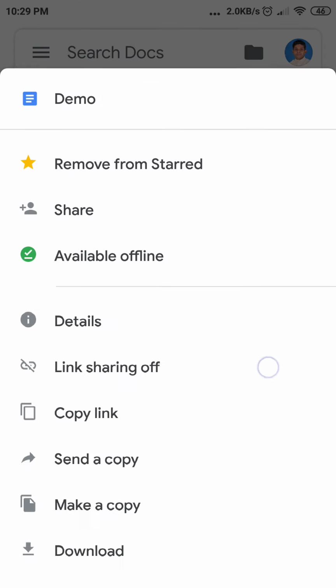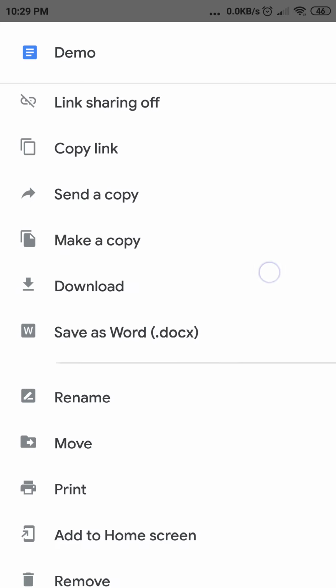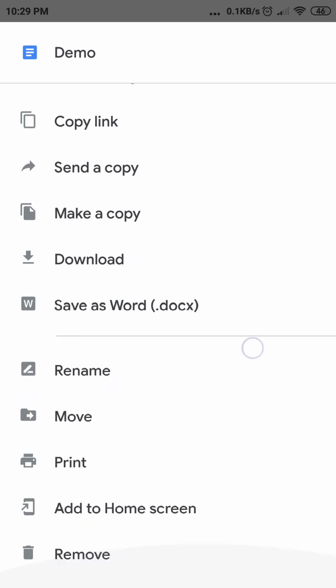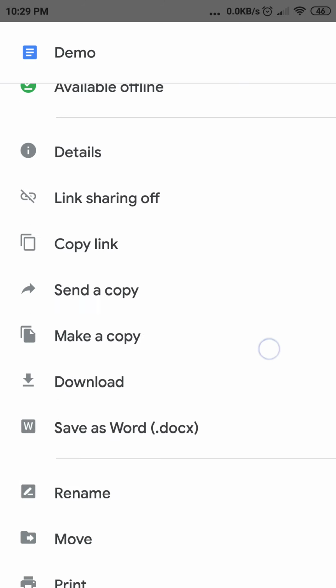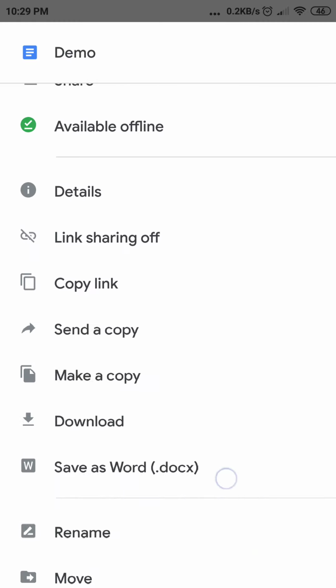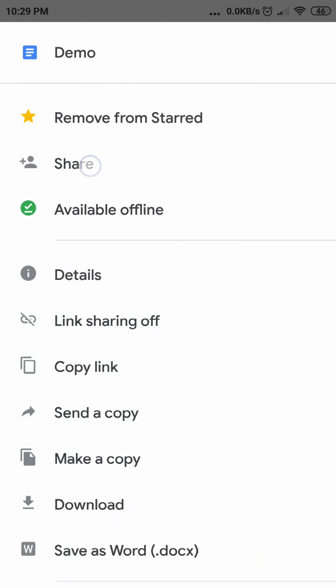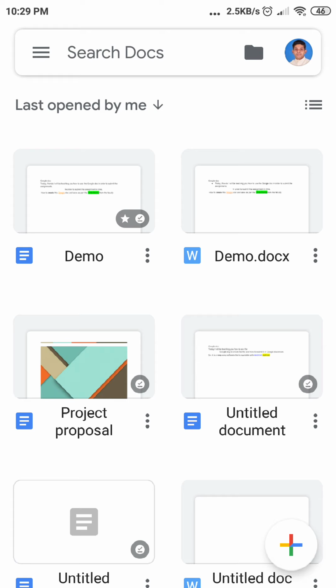So again, share option available, then link share, then again the copy, download, save doc, move, print, then remove, all the features are available. If you want to share, again you can share this feature, or maybe copy to anybody that is available. For example, you can share, so the people appear here. So these are very easy features, and you can move it again, and please do research on this, and this will be a very easy feature.